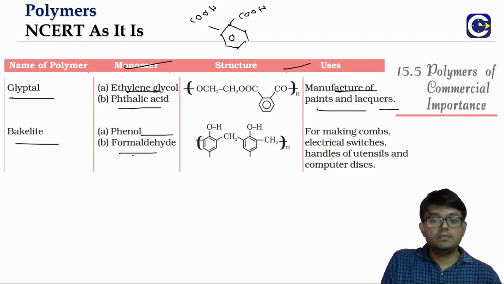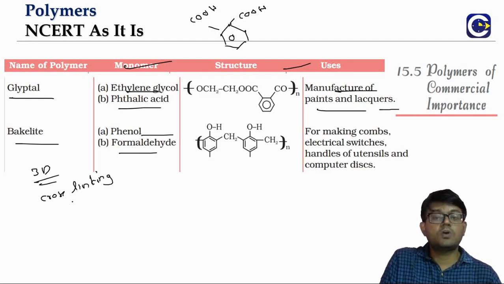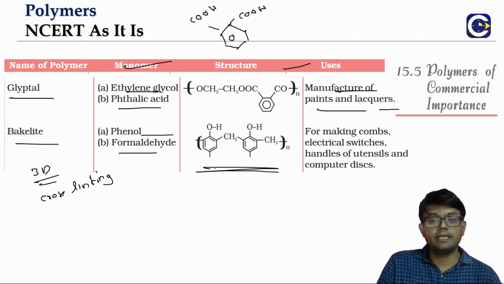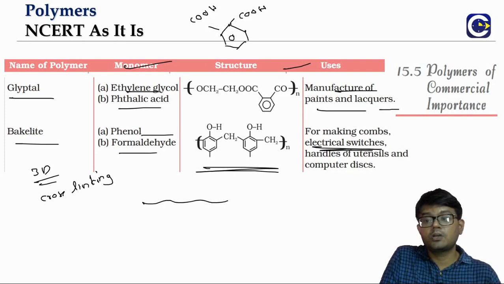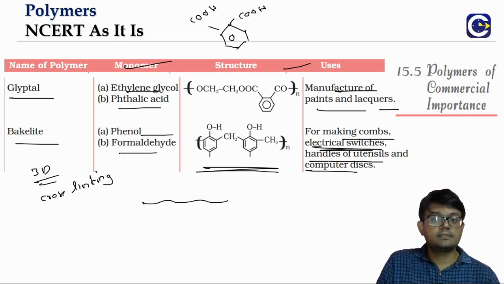Then we have bakelite. It's a 3-dimensional cross-linking polymer. And also this is an example of our what? Thermosetting. Phenol and then formaldehyde. Okay. So it's a 3D structure of bakelite. The linear intermediate that is formed is what? Novolac. So where is it used? Remember the specific applications, right? Electrical switches is a very common example that people talk about. Handles of utensils, because it will be what? Very hard, infusible substance. It is used in the manufacturing of combs. Electrical switches. Handles of the utensils. Like you see these cooking utensils and all that, right? You'll see the handle will be very hard. That is made up of what? Bakelite. Even computer discs also.